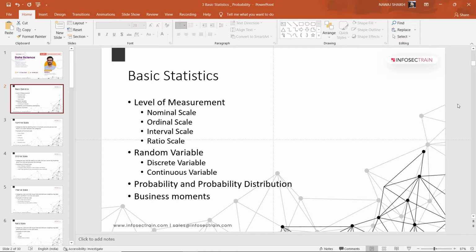Then we convert the features into the required format. Then we normalize and scale the data. This step also involves identifying the distribution of the data and the nature of the data.